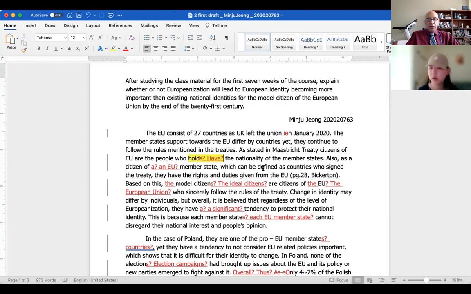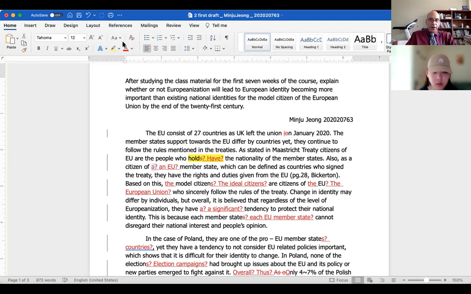Okay. Yeah. You can think about it, but so you're correcting my word choice, not my grammar, right? Yeah. Right. Okay, well, that S should not be there. Okay. The nationality of the member states. Also, as a citizen of a member state or of an EU member state, which do you prefer? An okay. EU members. Of an EU member state, yeah. There needs to be that